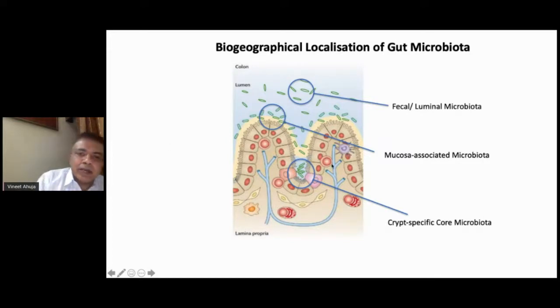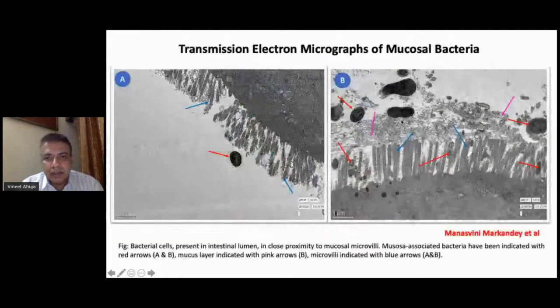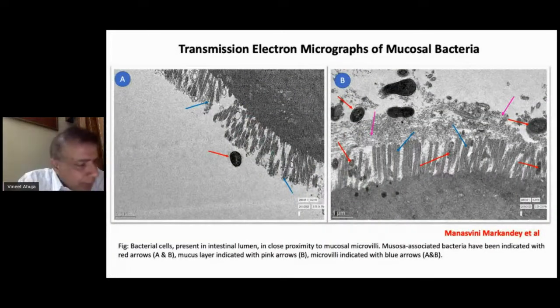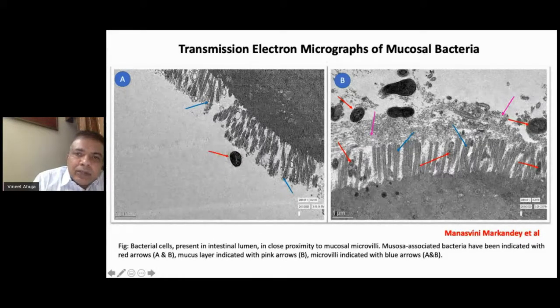So any microbiota which would be closer to the crypts, whether it is mucosa or crypt, is going to probably have a greater influence. While if you look at studies, most of the studies have been based on fecal microbiota. So I'll just show you some recent unpublished data from our PhD students, Manaswani and Aditya, which shows transmission electron micrographs of mucosal bacteria from patients with IBD